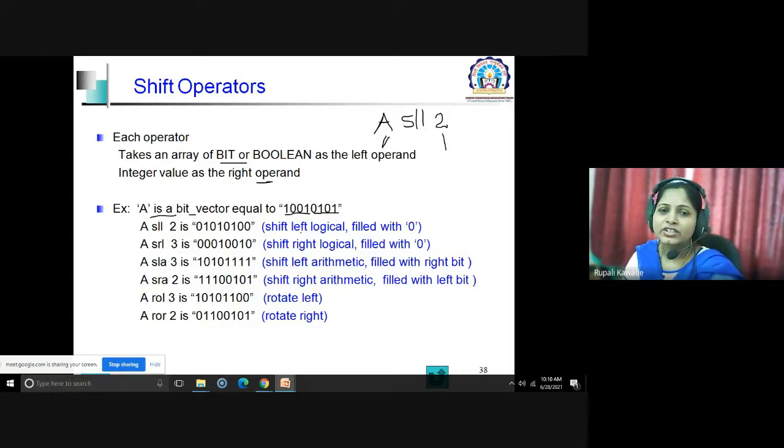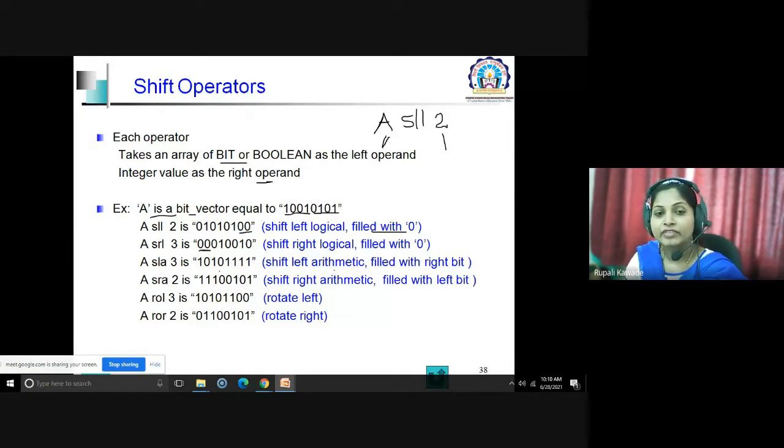Okay, so here shift left logical is filled with 0. The shift left logical shifts towards the left. So this one will go here. Fine. So what will be here? The value 101 0101, and the remaining two values will get replaced with 00. So in shift left logical, it will be filled with 0. Again, for shift right, you can see here the two MSBs are 0. So you are shifting it, and whichever MSB or LSB positions are vacated, those will be replaced by 0 values. Okay. Similarly, there is shift left arithmetic and shift right arithmetic.